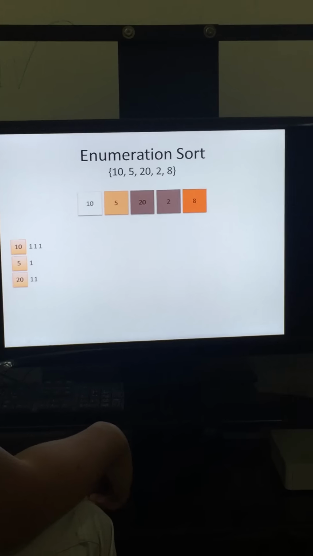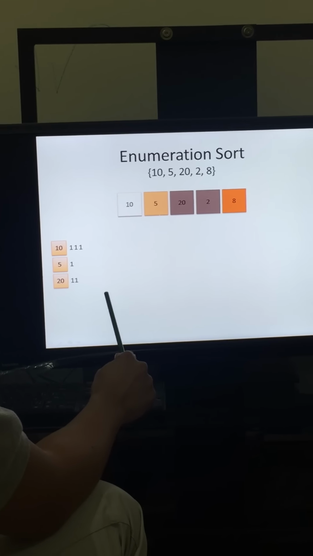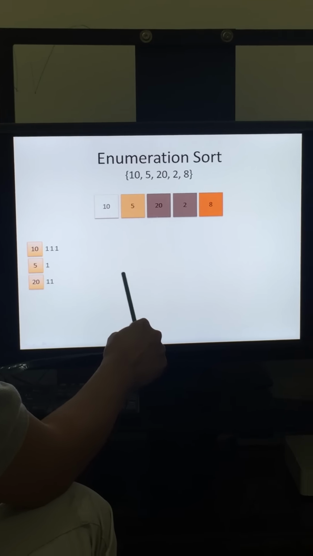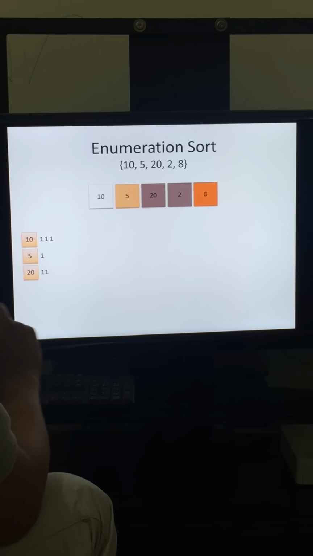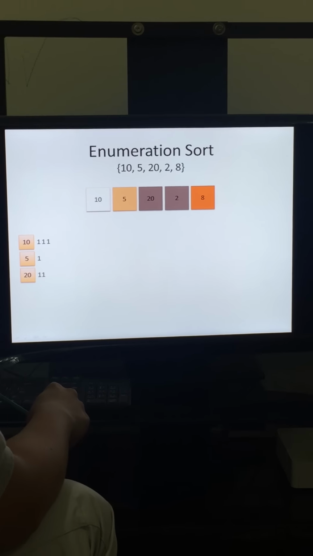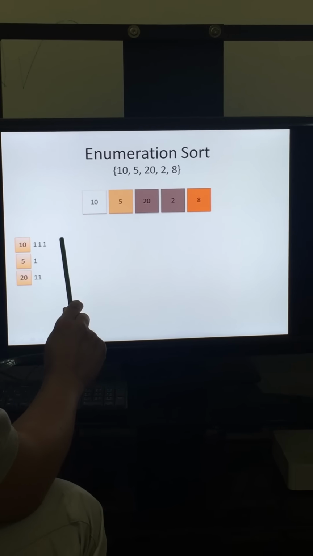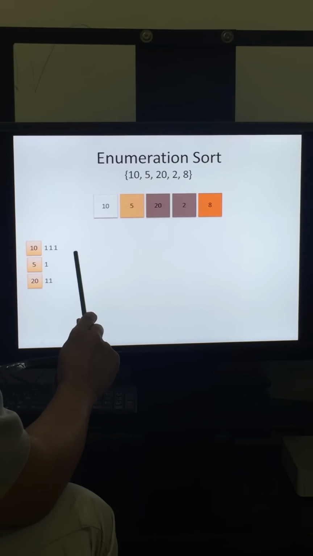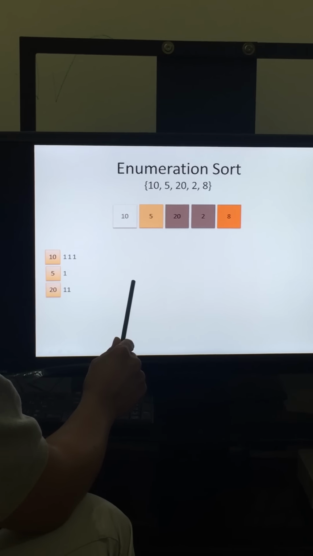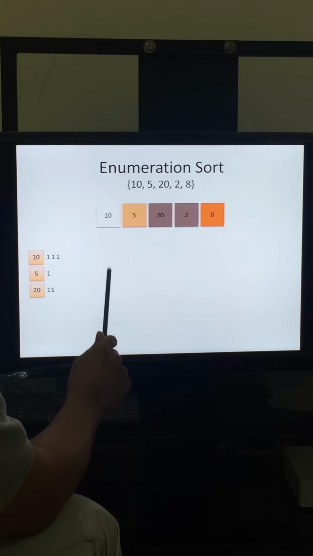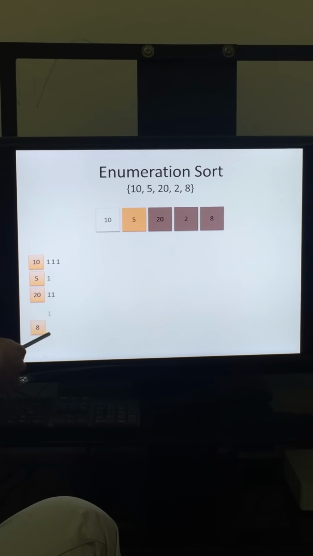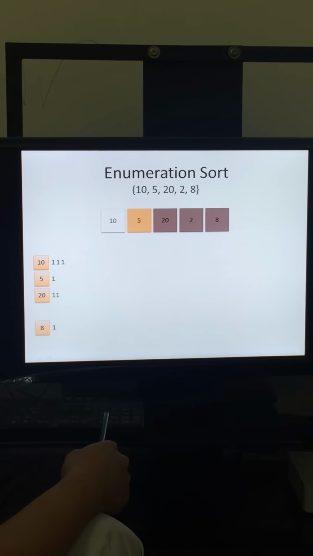For 20, now we will start for the third element. Again, 20. So we will add 20 from 5, 20, 40. It's greater than 8. 5 is greater than 8, which is false. So we need to add 1 count for number 8. From here we can see we will add 1 count for number 8.